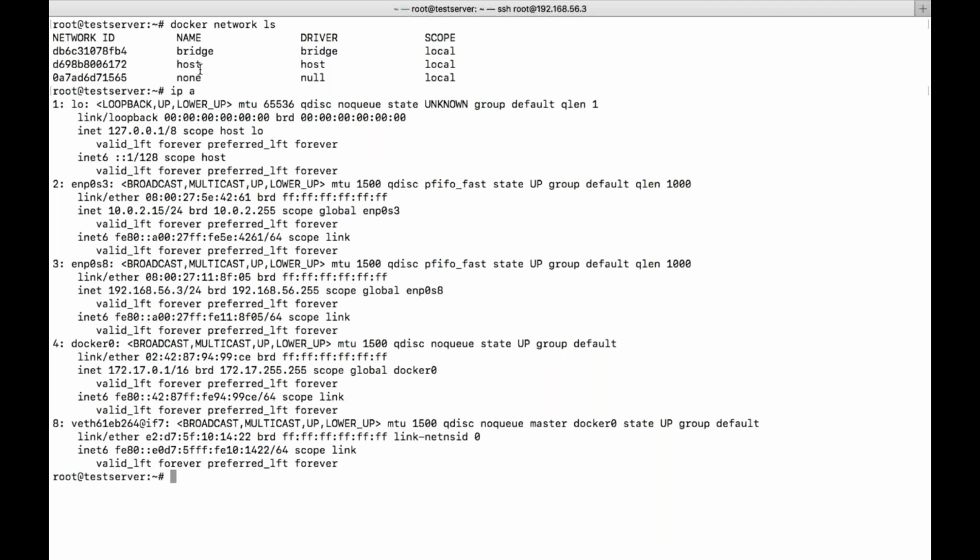Okay, when there is no other choice for your application, then we need to go for host network. Host network, in the sense, whatever the network is present in the host, that will be assigned to the container. Okay, if you create a container, it will get the same network.